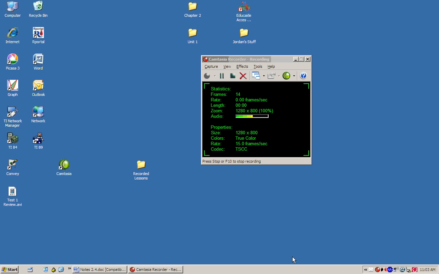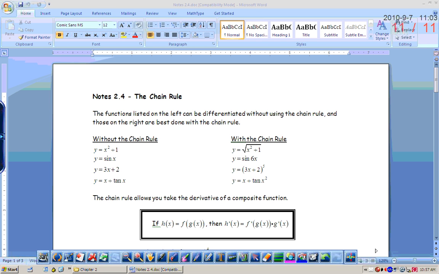Okay, yay for new calculus stuff. All right, today we're going to talk about the chain rule. And the chain rule is very important because it allows us to take the derivative of a lot of other